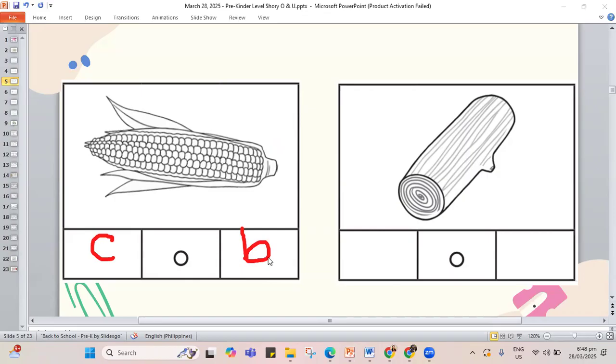A piece of wood here. It's the cut up tree. We call it a log. L sound, letter L. O sound in the middle. And the G sound, letter G. So here we have our O words in the middle. Cob and the log. I have the cob with me. Another one. I also have the log. It's in the ground. I see it. So those are the words with O sound in the middle. Let's jump to another set.